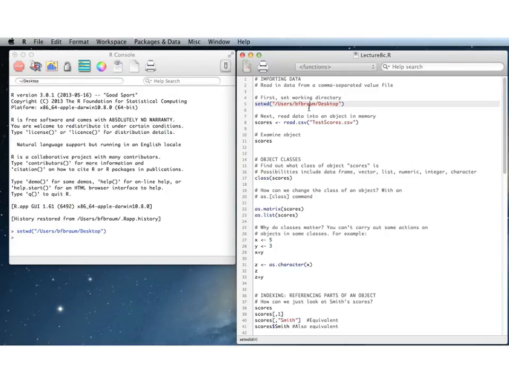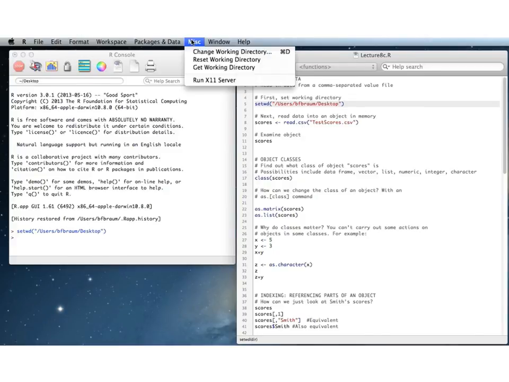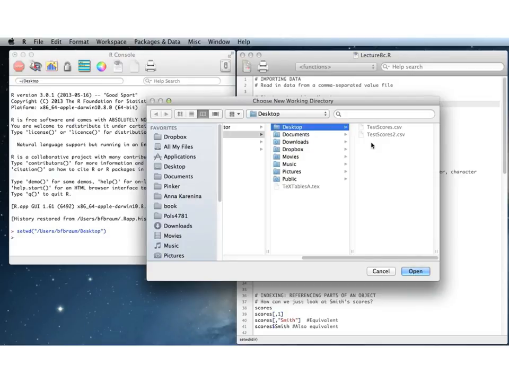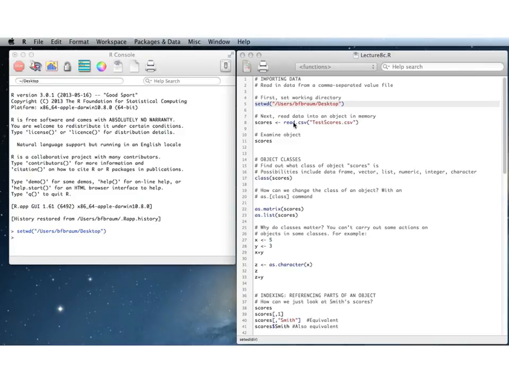In this case, all I've done is put the data set that I'm interested in on my desktop. So what I'm doing with the setwd command is telling R to go to my desktop and execute the next commands there. Now you could also do this under the MISC menu with the choose a new working directory command. Works either way. Now, what we're going to do is use the read.csv command to read this file,